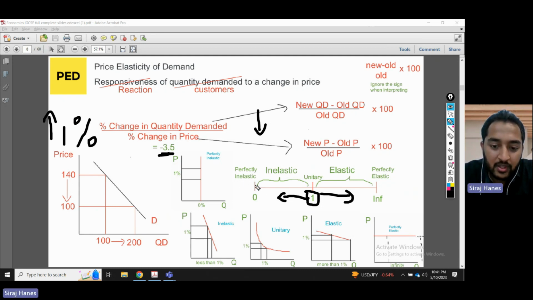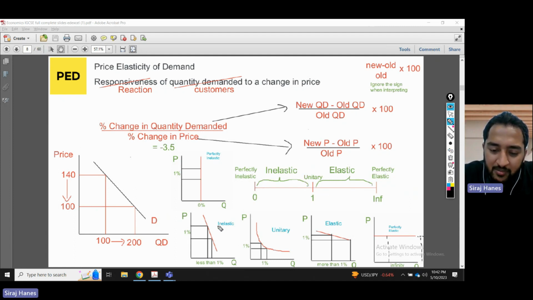And then you have perfectly inelastic. It's a bit unrealistic, guys. When we raise our price, no one leaves us. Everyone continues to buy. A little unrealistic there. And finally, infinity. When it comes to infinity, that means that if you raise your price by 1%, everyone leaves you. So the most realistic ones are not this, not this, not this either. In fact, the only two realistic ones are elastic and inelastic.